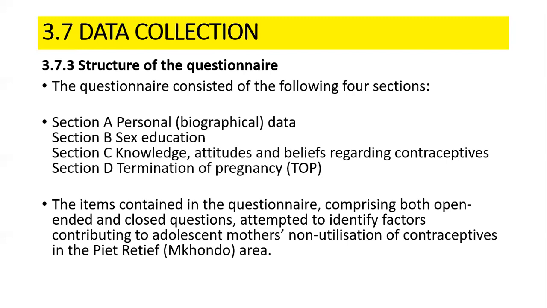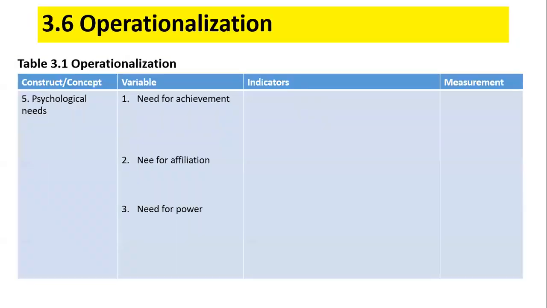Yours could have 5, 6, 7, or 8 sections. So mention section A, personal, biographical, demographical data, right? Then section B, the particular research, right? Sex education. Then section C, knowledge, attitudes and beliefs regarding the contraceptives. Then section D, terminations of pregnancy. So likewise, if we look at this model,